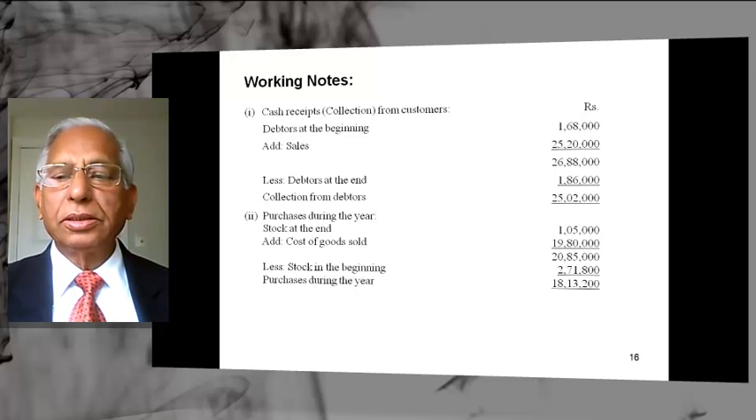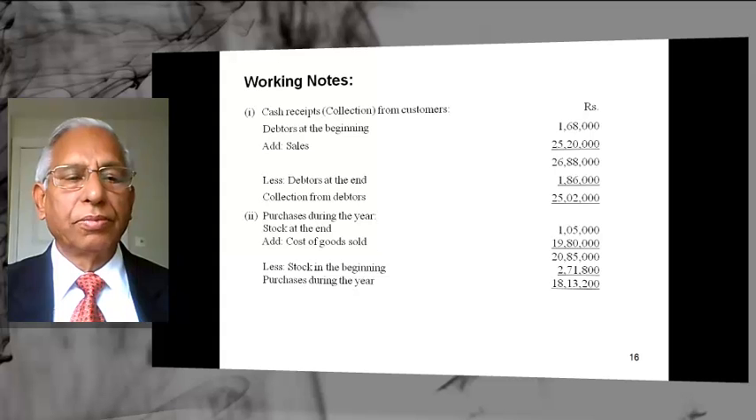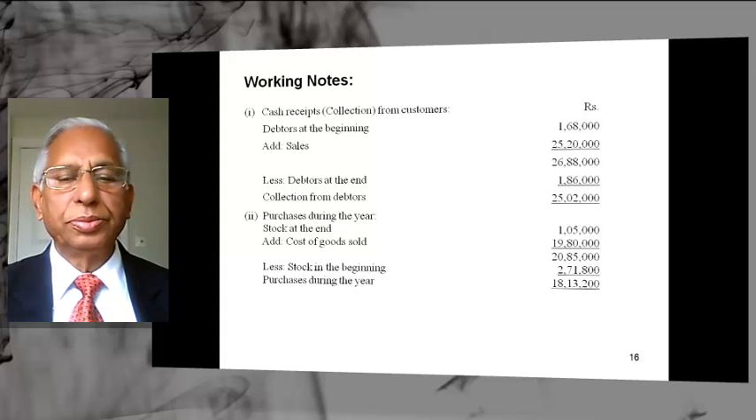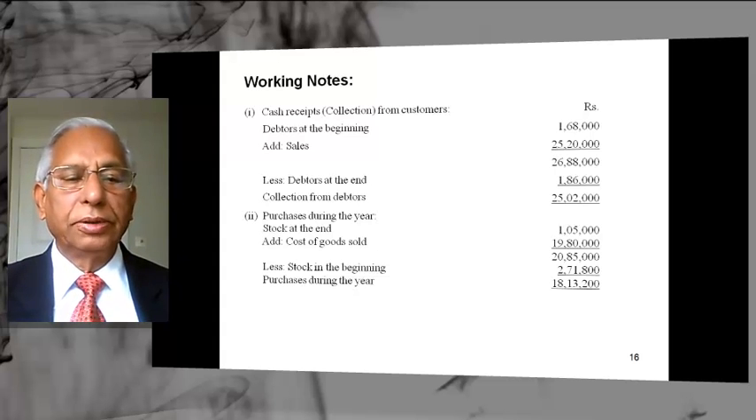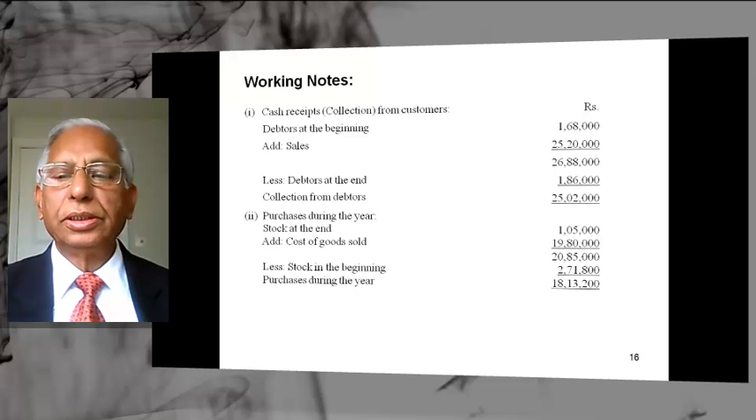Stock in the beginning was 1 lakh 5,000 rupees. Cost of goods sold added 19 lakh 80,000 rupees. Total comes 20 lakh 85,000 rupees. Now from this we minus the stock at the end, that was 2 lakh 71,800. Balancing figure is purchases during the year. This information will be used when we calculate payment to